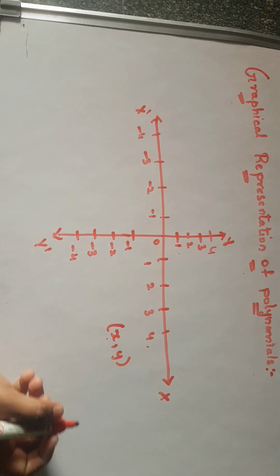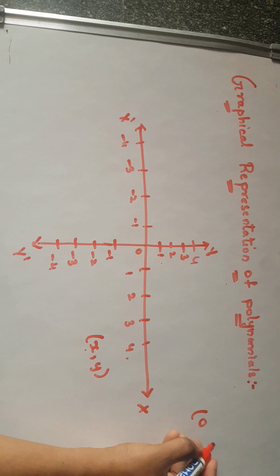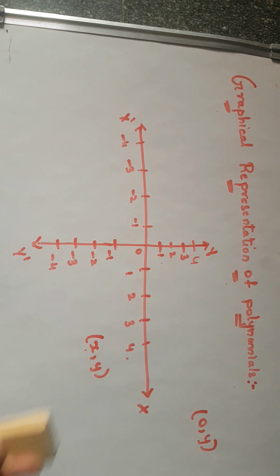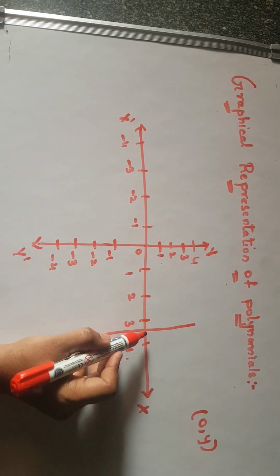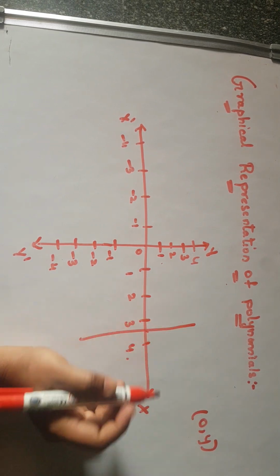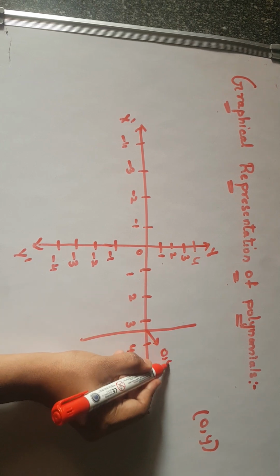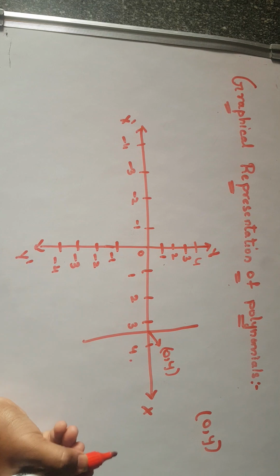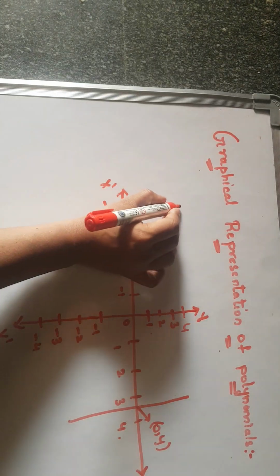When the x value is 0, the y value varies, the y value changes, and the graph will be like this. The x value is 0 and the y value is changing. This is the point 0 and the y value is something. And when the y value is 0,